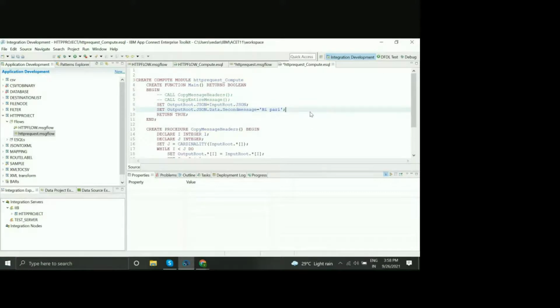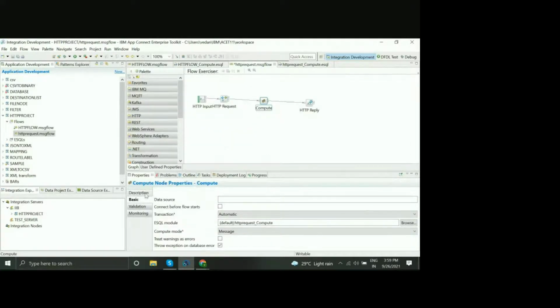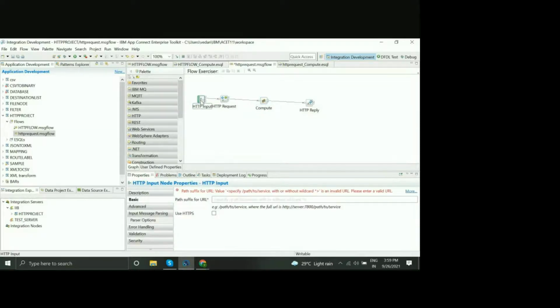That's it. So let's go back to the flow and provide the properties. The first property we have to provide is on the input node, where you will give something different from what you previously provided. You can say HTTP request.